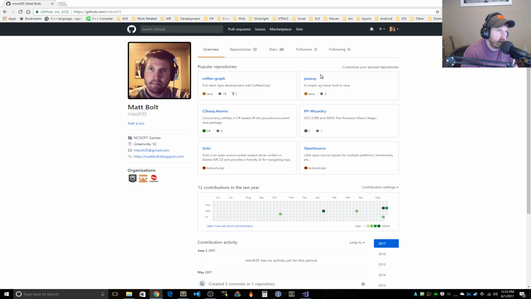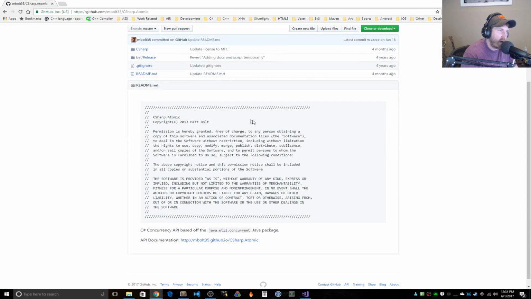there are a couple little projects that you might also be interested in. One is this Java Ray. It's a ray tracer in Java, and it doesn't use any sort of OpenGL or anything. It's basically just modifying screen pixel data. So it's very slow. And then I also have this CSharp Atomic class from a long time ago,